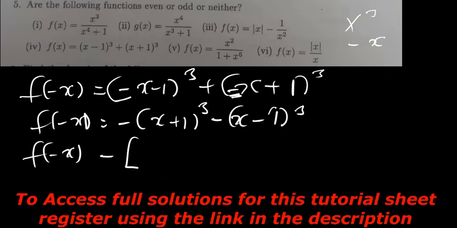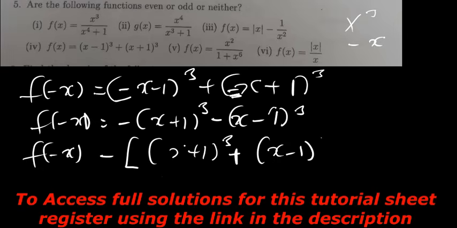Then if I factor out negative there, I expect to have x plus 1 raised to the power 3, then minus, okay, I'm going to have, so even here when I factor out, it will be plus, then this will be x minus 1 raised to the power 3, like that. So if I check here,